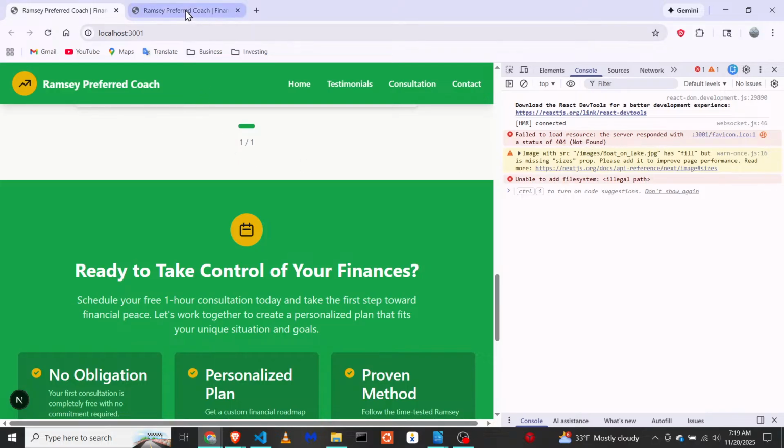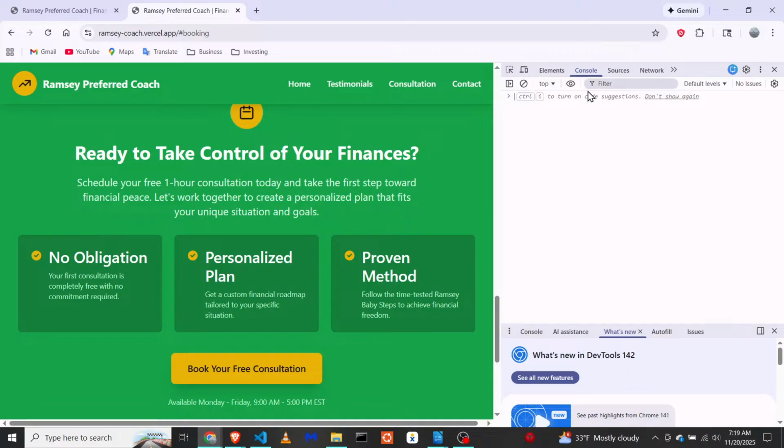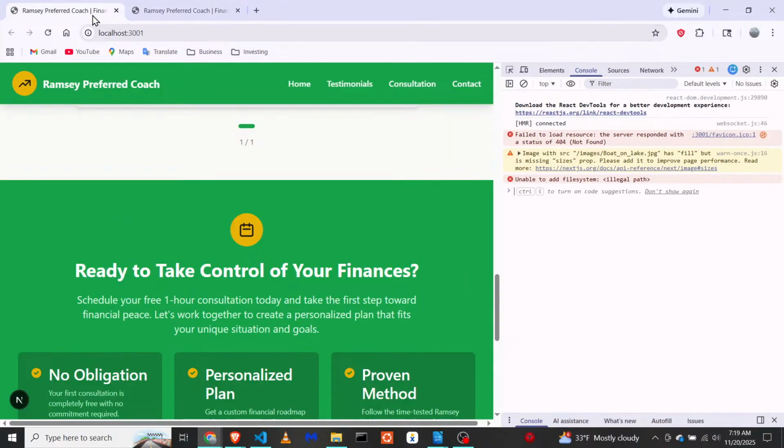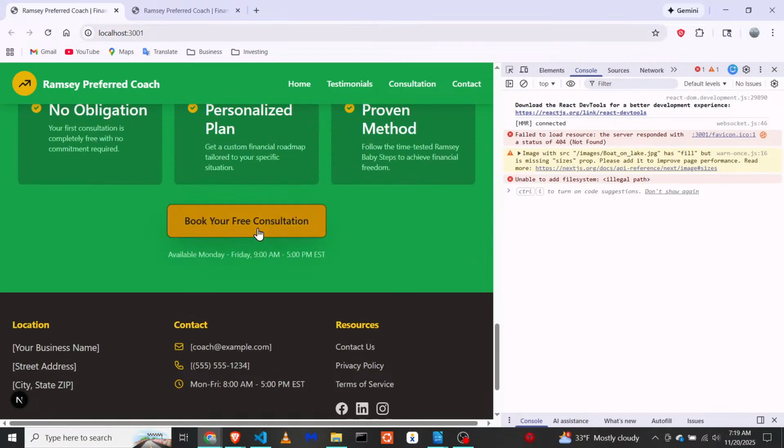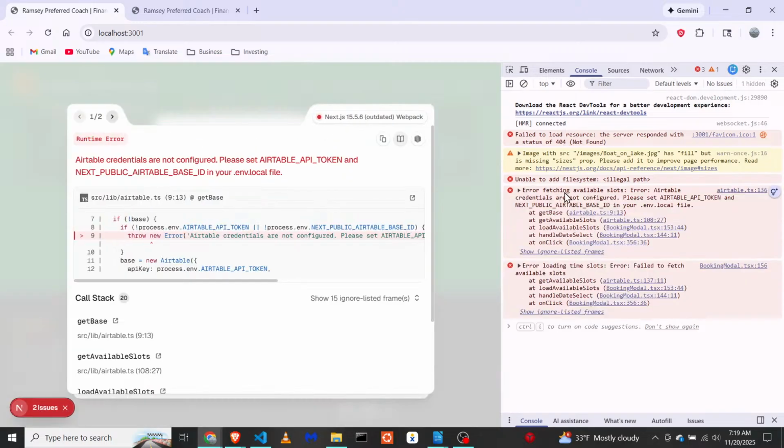Server responds. So actually, that's probably a good idea to show the differences. This will give you your errors because we're in our local test, npm run dev. This will give you these testings, and you can click things, and it should populate. So error fetching available slots, not configured, right? This is really important to recognize, and you can copy all of this stuff